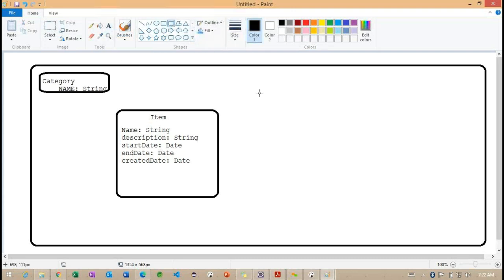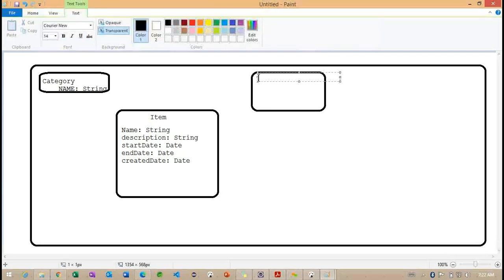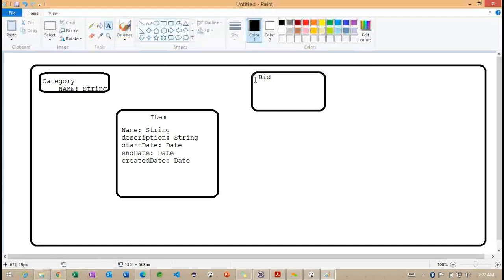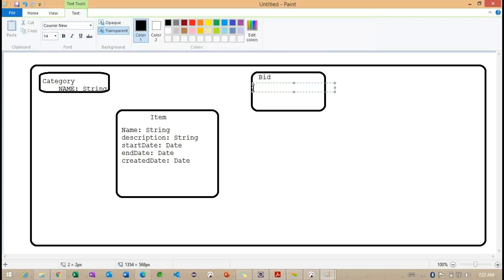And internally, we'll check with one more item called bid. Bid is also one of the model classes we are going to work with here. So we are going to have the relation between this item and category classes. Now you can understand what properties we are going to have.